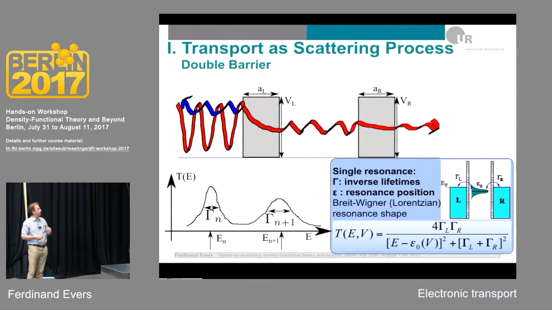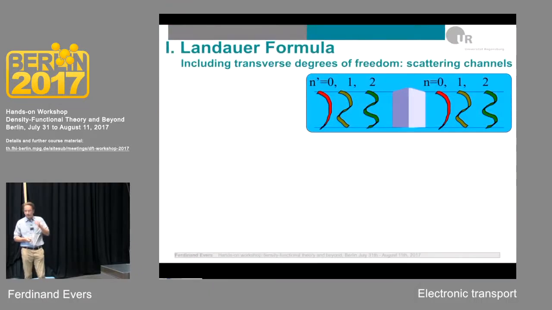Now, the typical shape of these resonances is of this Lorentzian type, and again, the parameters that we have to find, namely the position of the resonance together with the width, enter now in a more quantitative way, and these are the ones that we want to calculate. There's one instance that we need to take also into account, slightly more complicated, not much more, but usually we